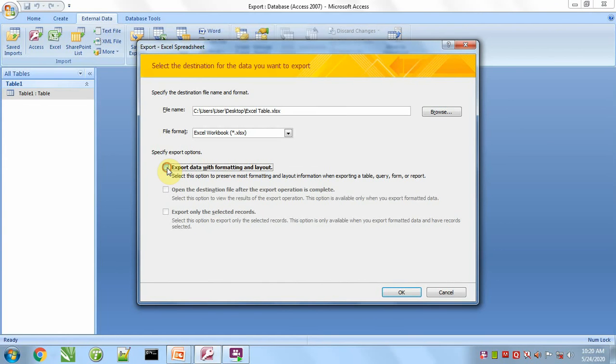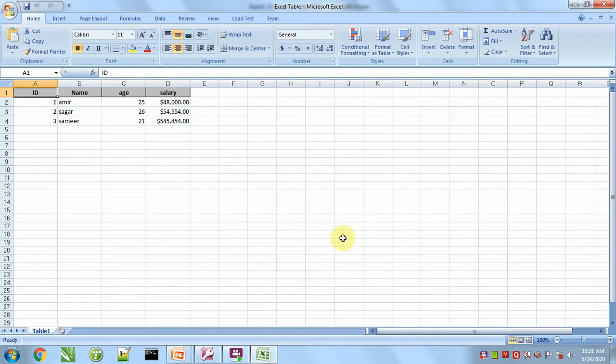If we check these two options, the first option will save this table into Excel file along with format, and second option, as soon as this table is converted to Excel file, it will open that destination file. We can look at it practically. This formatting is also present in it and the file has been opened.